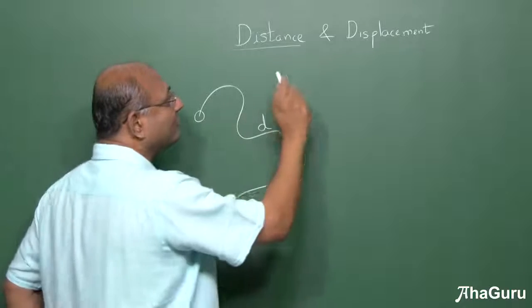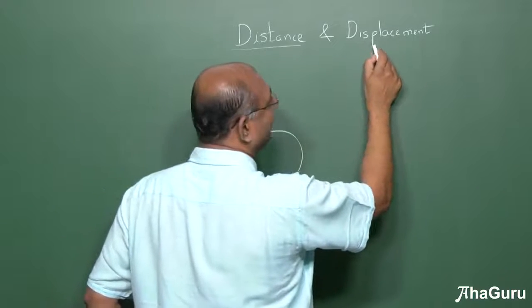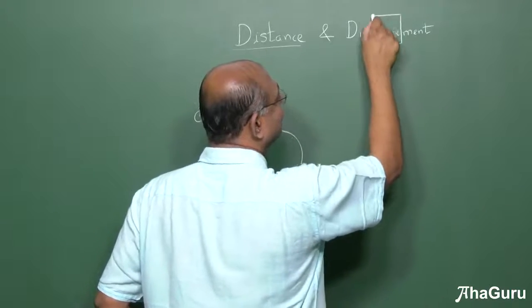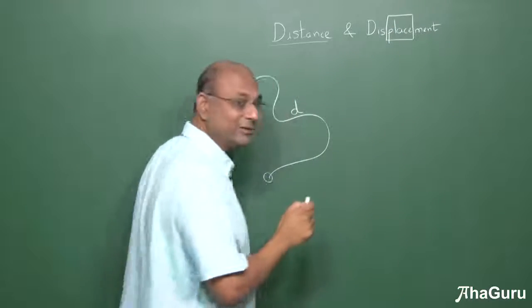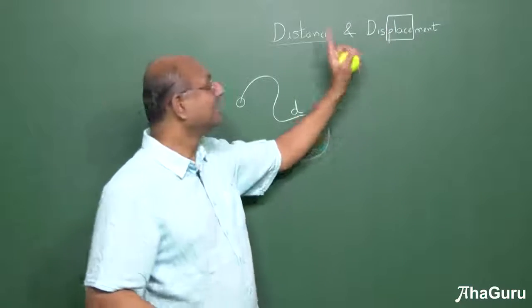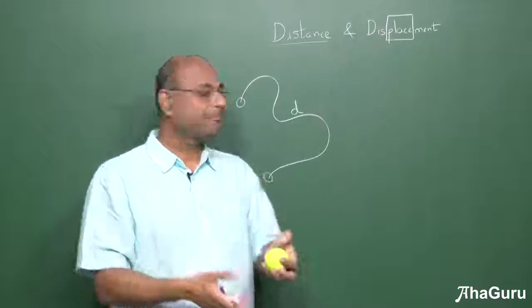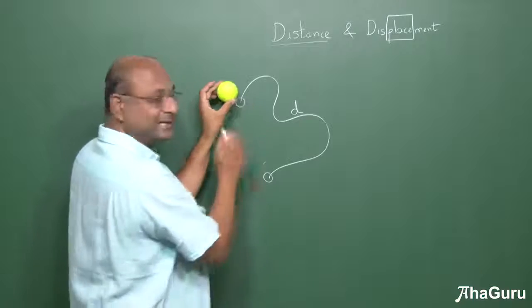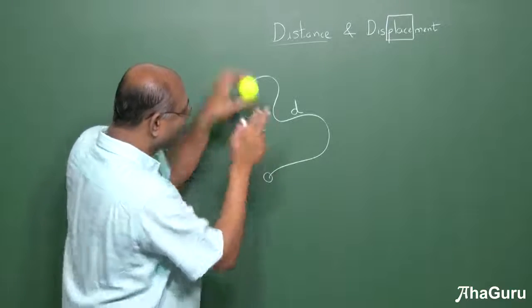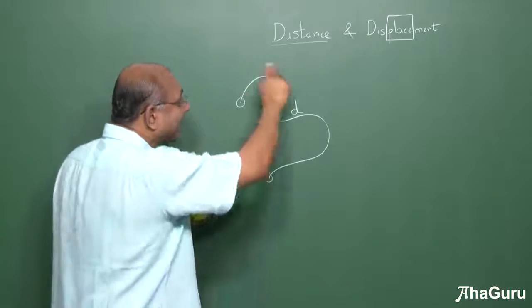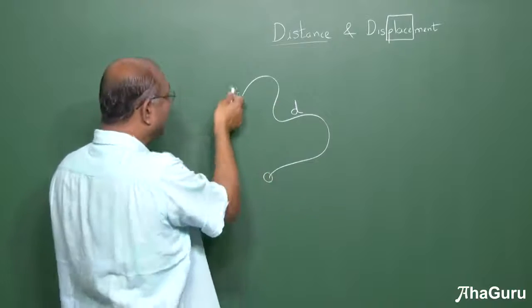But we also are going to use another word which is called displacement. Now if you look at the word in the center of displacement, what do you see? Place. Displace. What is place? Position. So this fellow was here. Now this fellow has come there. I don't care that it went like this. It may have gone like that.